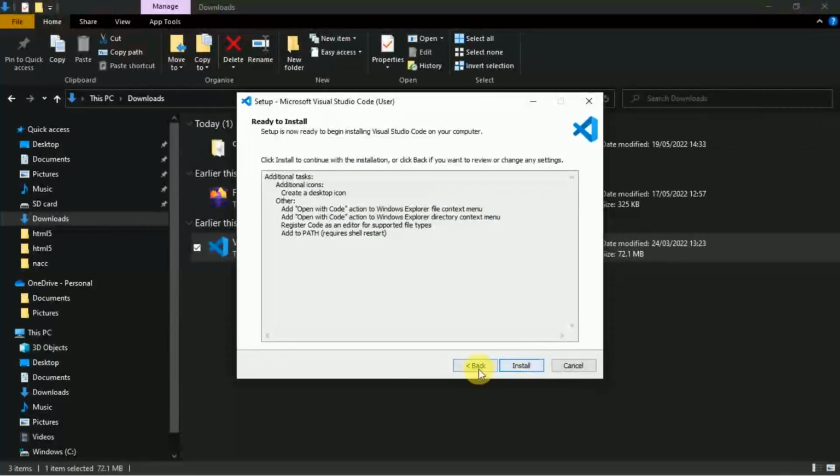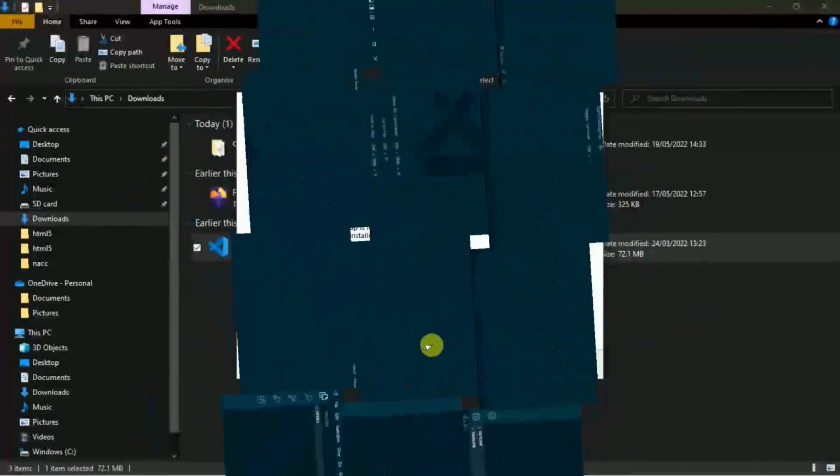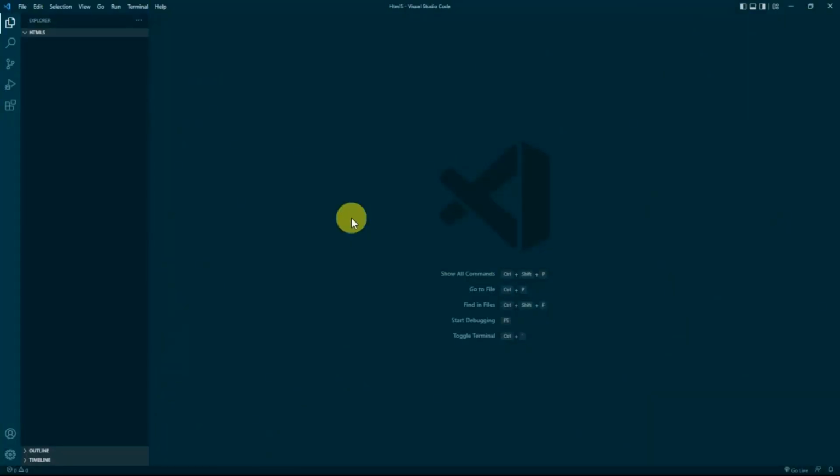Then the next thing you just have to do now is hit the installation button. Since I've already installed these on my system, I wouldn't want to do this. You can just do this, and once your installation is complete, you can come back to the video. So this is what our Visual Studio Code looks like without a tab open. I believe that since you just installed yours, you would be getting the Get Started tab on